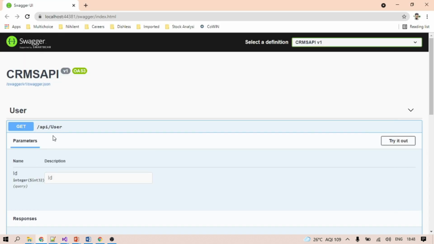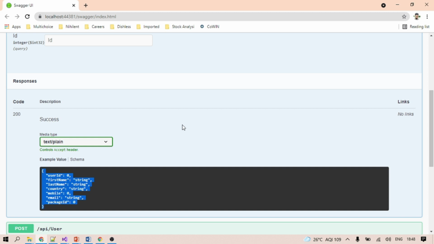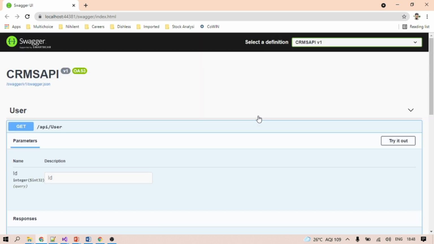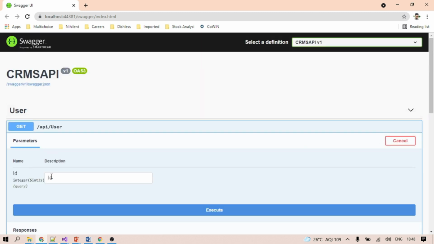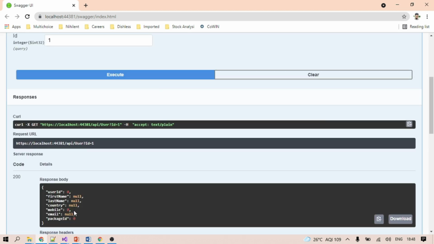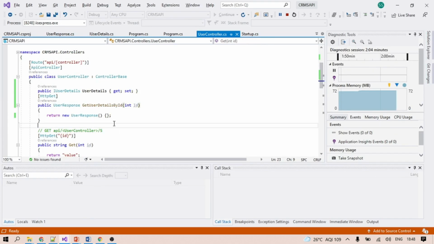I will tell you why it is not giving it. We can also run it if you want to know. We will not get any response for sure. It's executed successfully, I think. We put one here and execute. See, everything is coming null in the same format. Why is it coming null? Because we are passing user response as null. We did not pass any data here, so by default it is getting null.